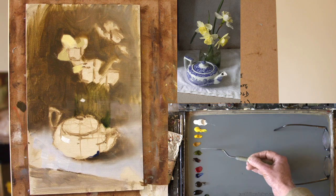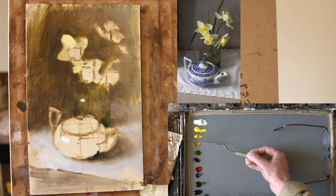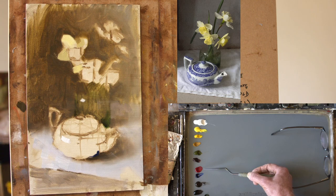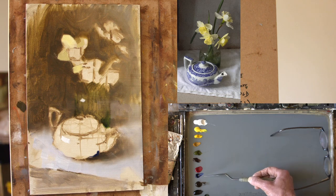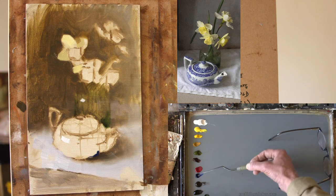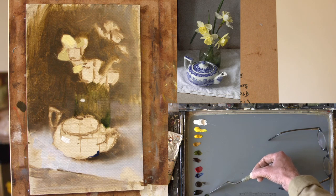Yellow ochre. Any yellow ochre would do. Michael Harding Green Gold. Don't think there's a substitute for that. Williamsburg Quinacridone Gold Brown. Don't think there's a substitute for that. Show you how I use those when I start mixing. Michael Harding Quinacridone Rose. Just a blue-red, semi-opaque blue-red. Ultramarine. These are for the pattern on the teapot. Raw umber. Ivory black. And this is Windsor Green Yellow shade, which is basically a phthalo green,